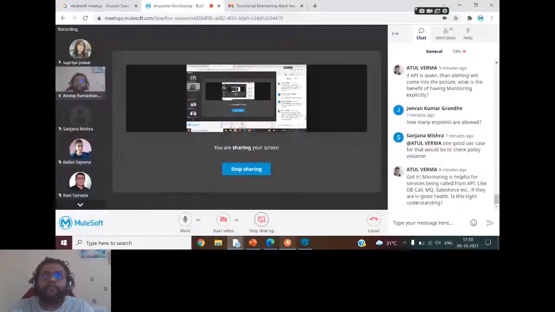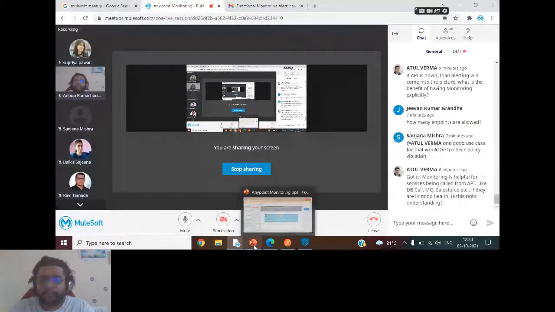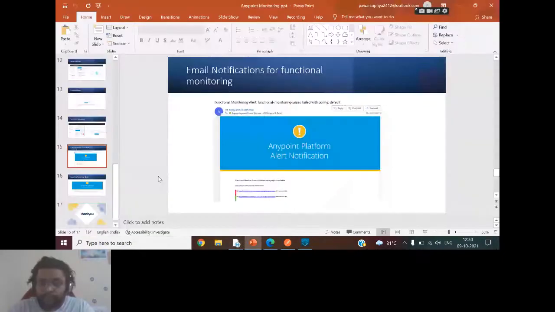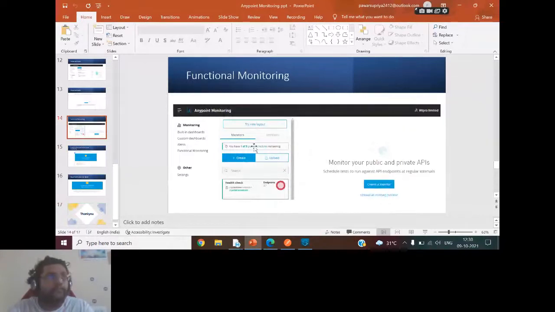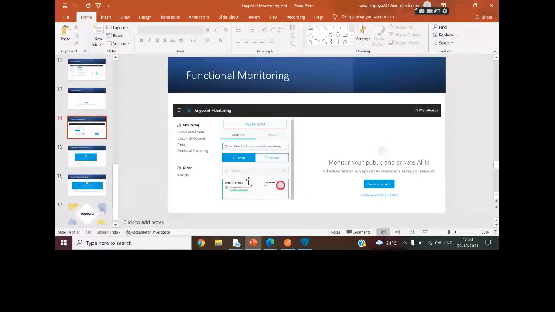Coming back to my slides, I showed you the email notification alert. This is how it looks for functional monitoring. This was the earlier UI; it has changed a bit right now. In my screenshot you can see the earlier functional monitoring UI. I was talking about a public schedule.